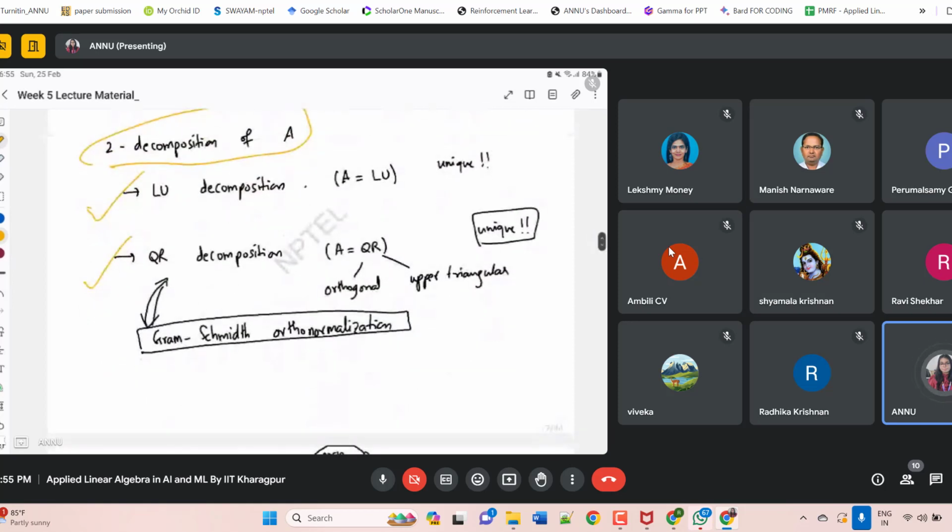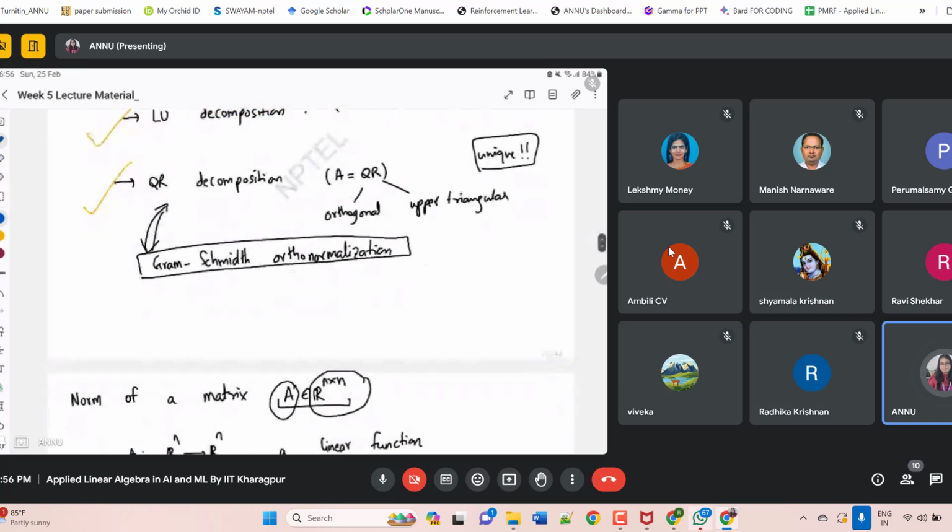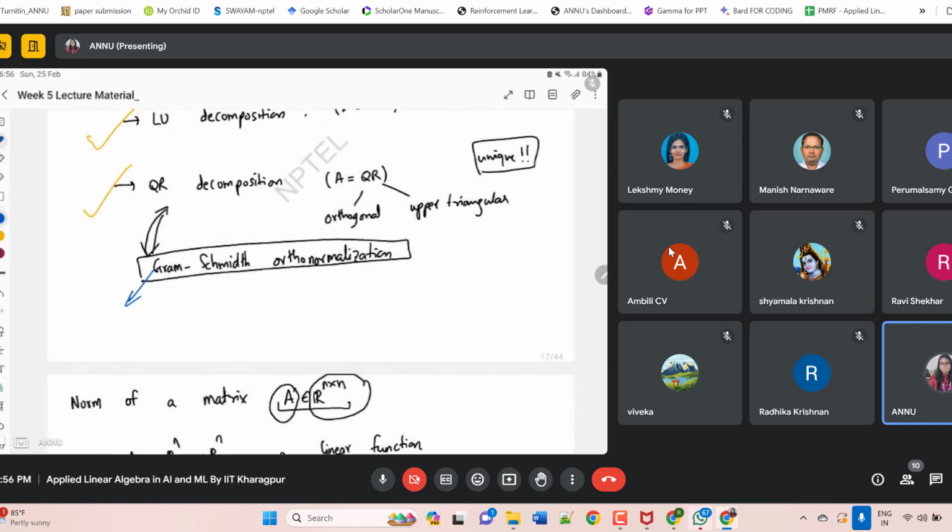And this particular thing, QR decomposition, one can also see through Gram-Schmidt orthonormalization. That is the step-by-step procedure for finding an orthonormal basis of any matrix. If you want, we will see this in some of the classes. This is the Gram-Schmidt criterion. Basically, what you do in Gram-Schmidt, I will tell you. You can just refer to Wikipedia, or else if you want, you can see it now. If you have the vectors v1, v2, up to vn, and these are a set of some